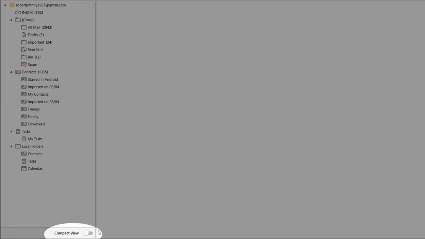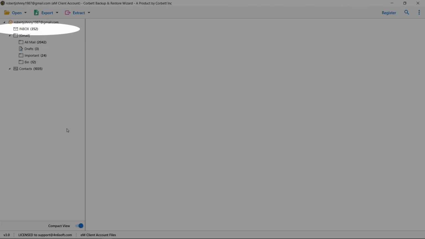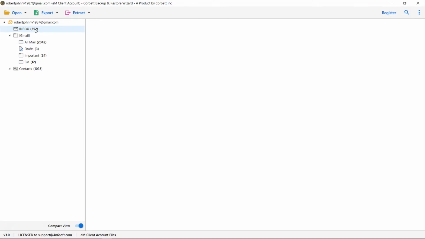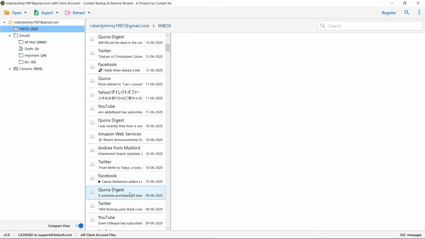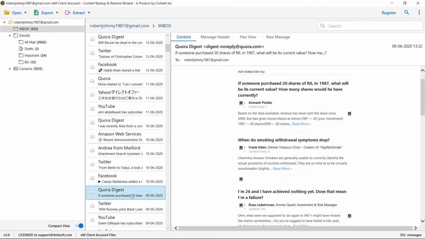You can enable the Compact View button to view the important folders for the converting process. Select your eM Client accounts folder from the left side menu pane to load your emails. Now click the email to view the message preview. This way you can preview the email message with all the elements such as emails, properties, signature, sender information and